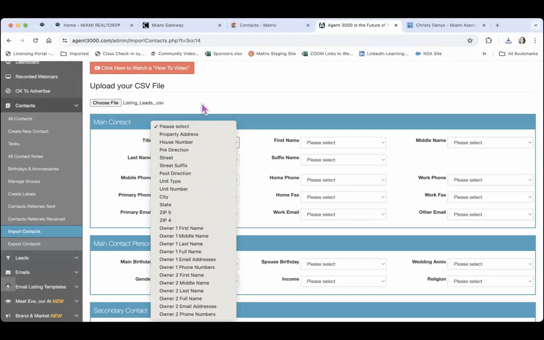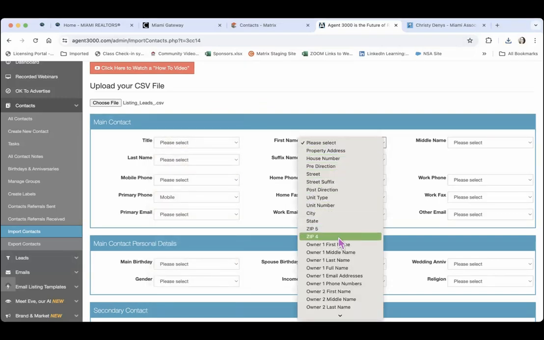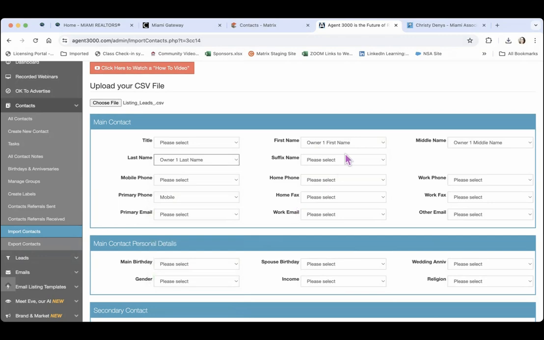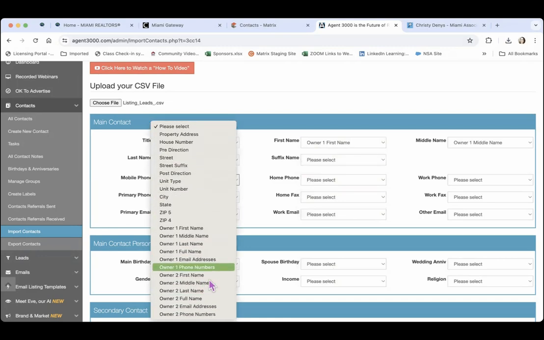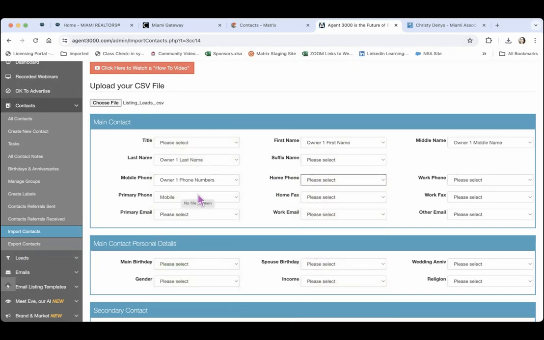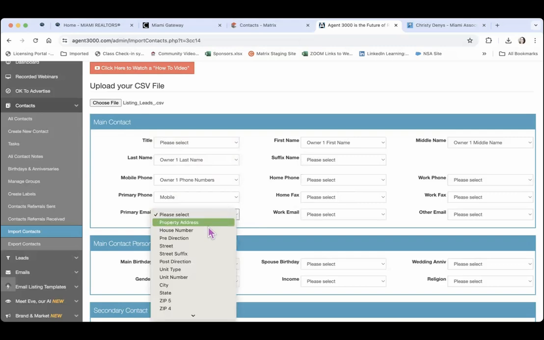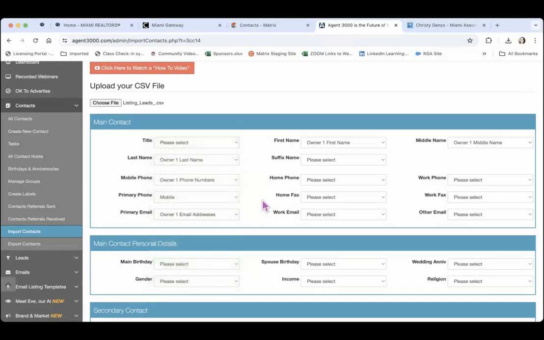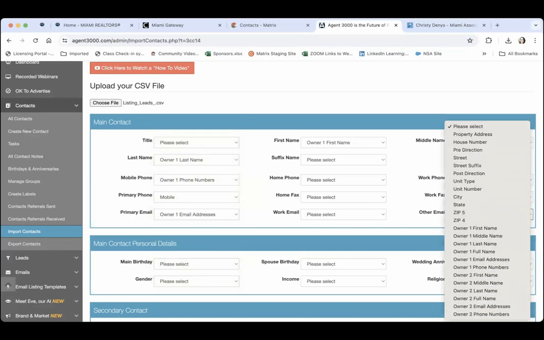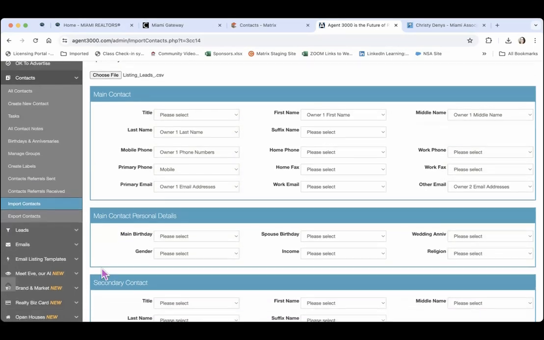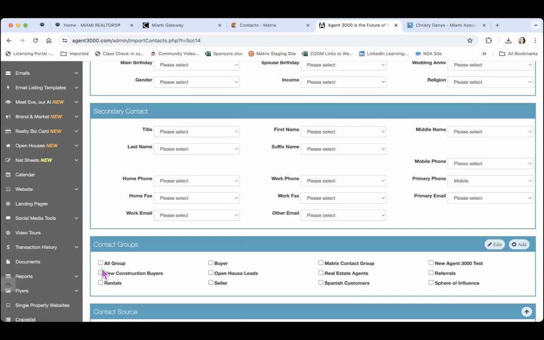So for example, I don't have title here. So I'm going to do first to first, middle to middle, last to last, suffix, I don't have, phone number to phone number, house number is the phone number, that's work. I'm going to leave these blank. Is there an email? Email addresses, other email, owner 2 email addresses, birthday information, income, wedding, don't need, secondary contact information,